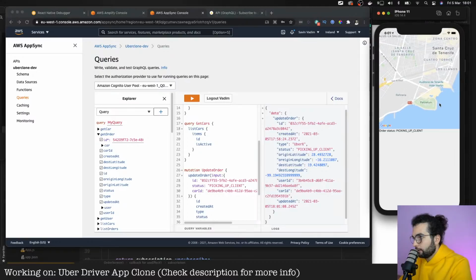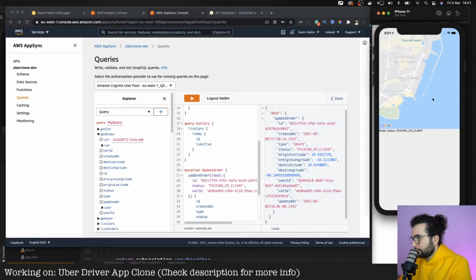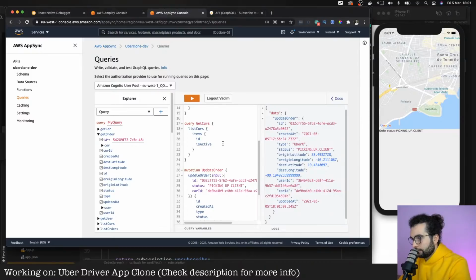Update order. What's happening? Oh, our car was way over there. Get car. I'm going to update the car.